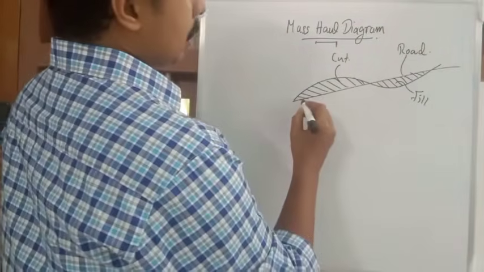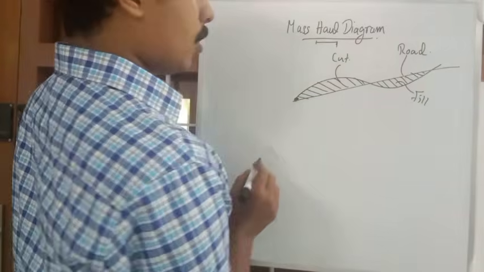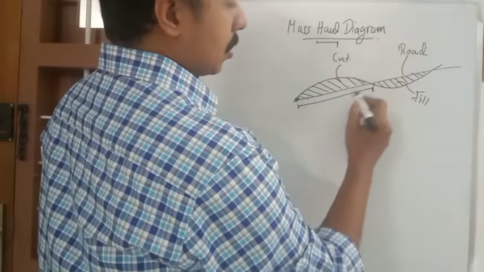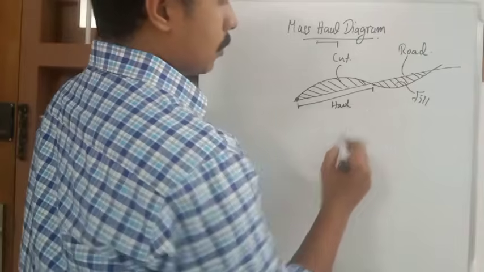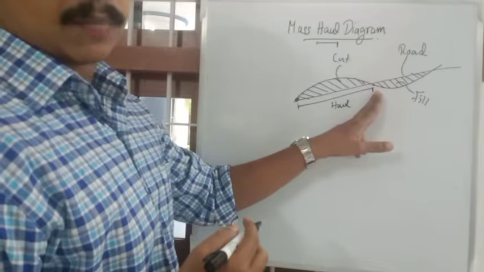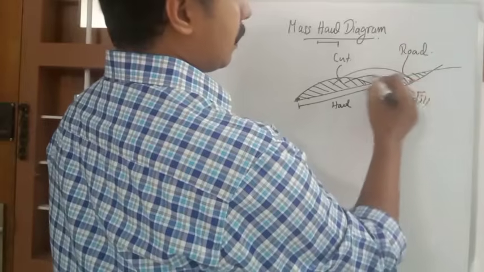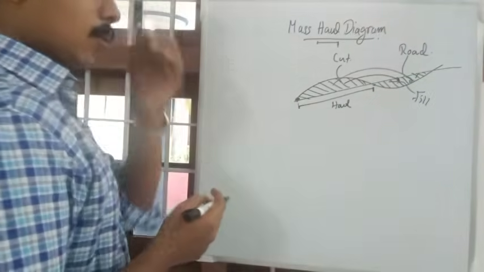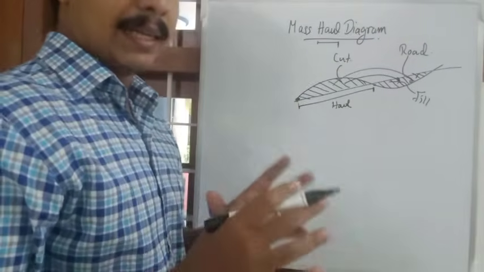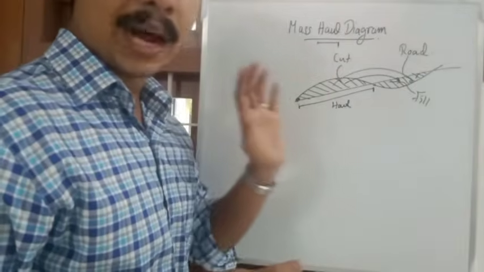For example, if there is a small portion of earth in here, you will be hauling this much distance to reach that portion of land to rest. Some portion of it may be reaching this portion, some portion of it will be reaching this portion. So there are a lot of calculations to be done in construction of roads, railways, canals, etc. for earth moving or hauling.